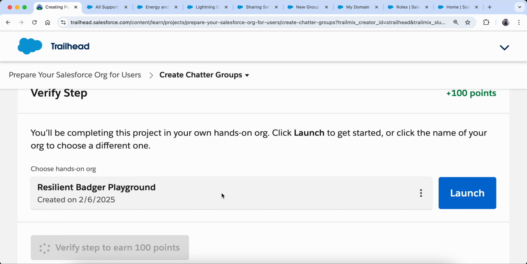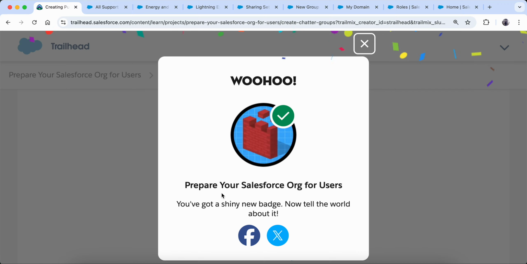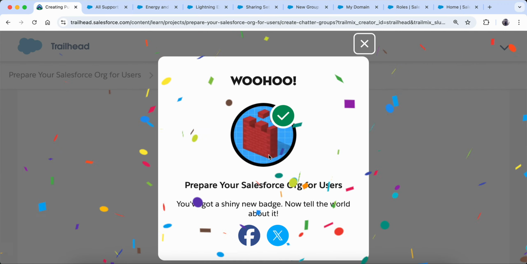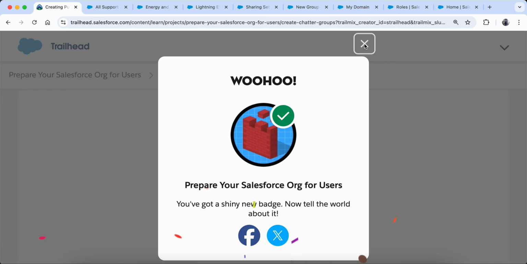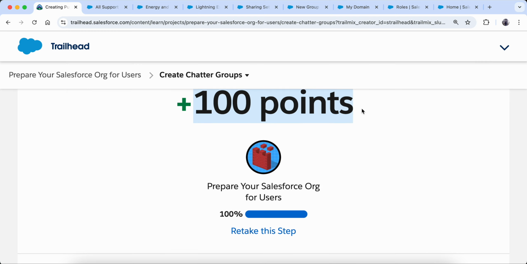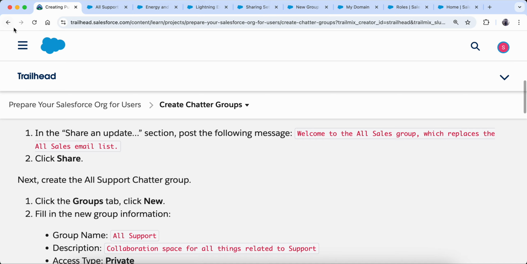And then I'm just going to click on verify this step. Just do this step for all your hands-on, because with this you will come to know the very little details which we sometimes skip. We don't read properly, or there can be any other thing, right? And also these things are very important for points and for badges. So with this I got this much points, and then a new badge got added to my profile. So for that also, these things are very important.